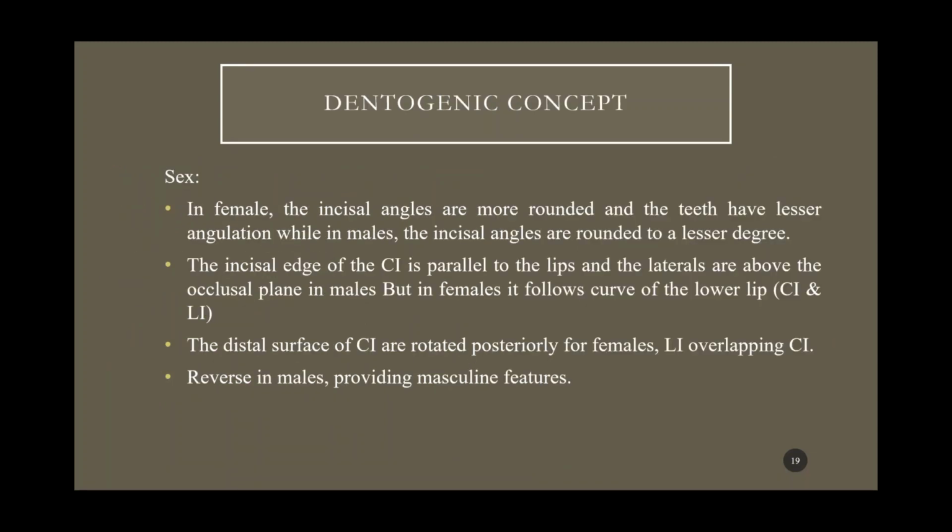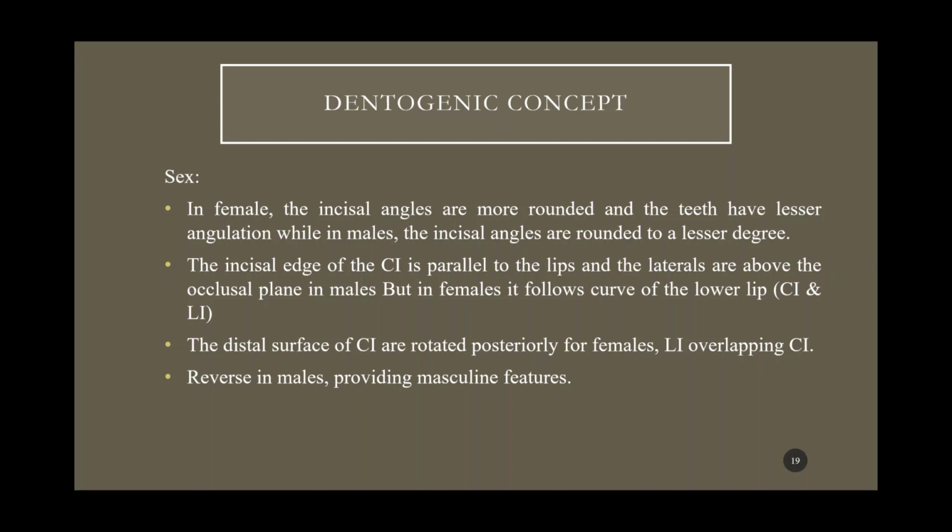Then coming to the dentogenic concept, in this we take 3 factors into consideration, that is the sex, personality, and age. In sex, the feminine characteristics indicate softness, whereas the masculine characteristics indicate boldness and hardness. So in a female, the incisal angles are more rounded and the teeth have lesser angulation, while in males, the incisal angles are less rounded,